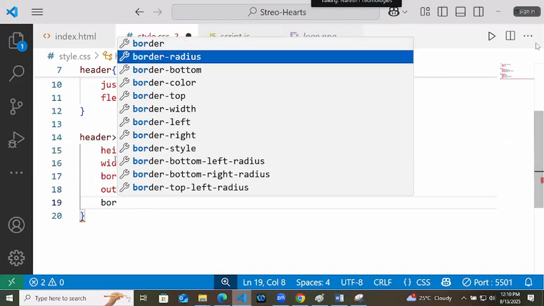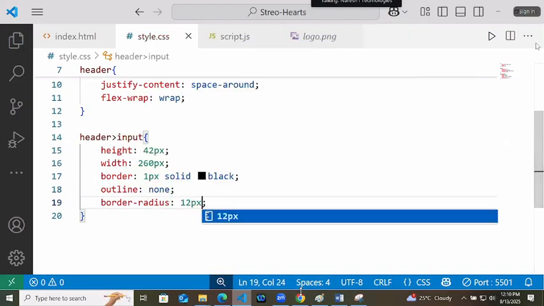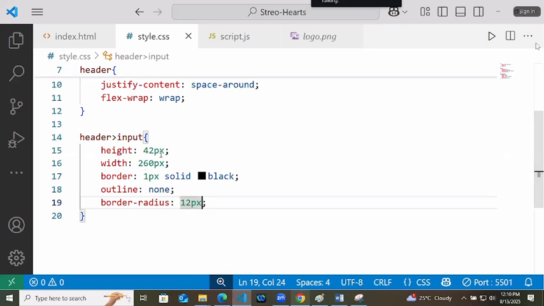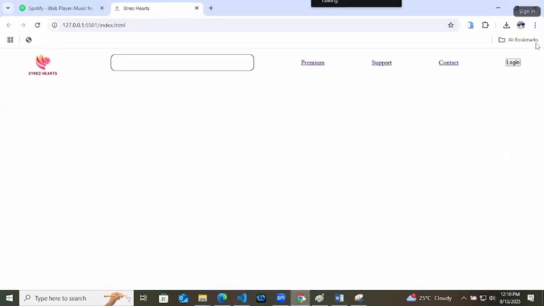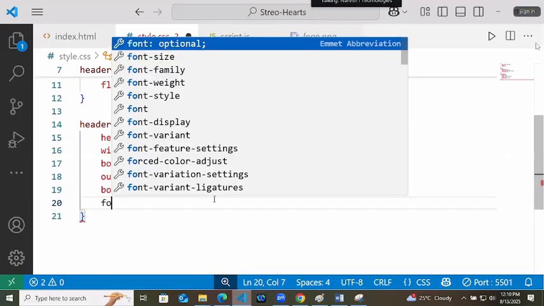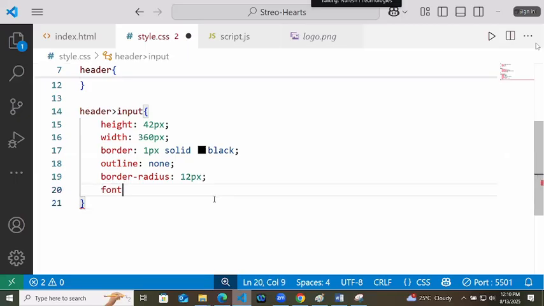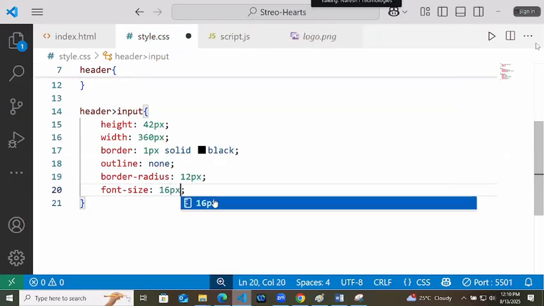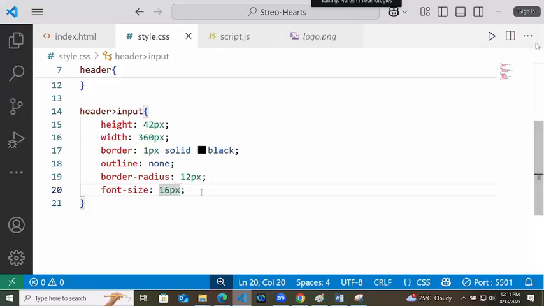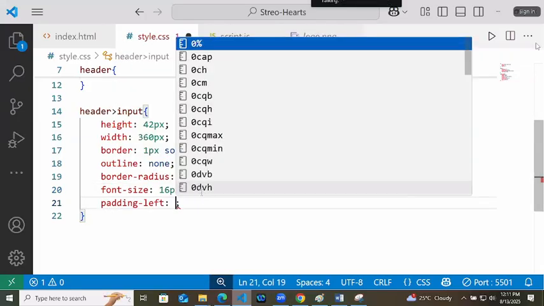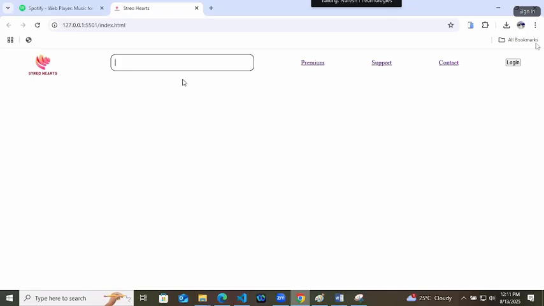It will have a border radius of 12 pixel. Okay. Inside this font size I can increase to 14 pixel or 16 pixel. Check the font size. It should not look very big or very short. Okay, fine. Padding left to it of 10 pixel so that content is not shutting with the corner.